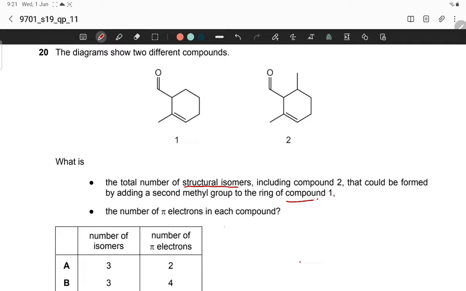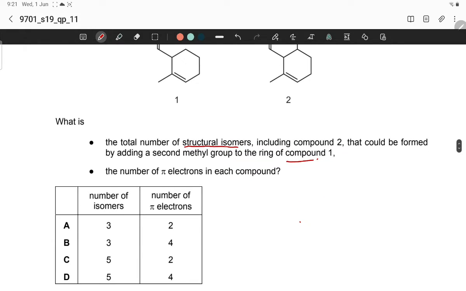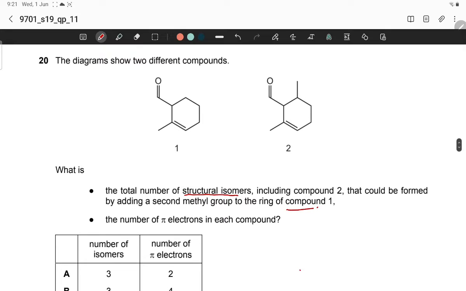The number of pi electrons in each compound. There are two double bonds, so the number of pi electrons is 4. Double bond, number of pi electrons are 4, and this structure is